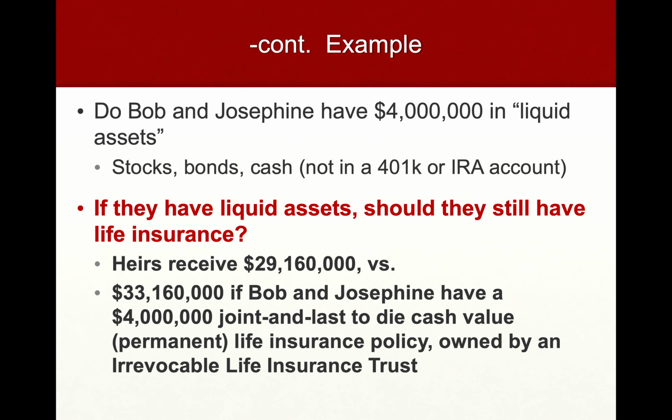Again, this just illustrates that if they have liquid assets, they may not want to get life insurance, but if they don't, they're likely to get what's called a joint and last to die policy. That keeps the insurance cost down if it only pays when both of them die. They're likely to put a lot of money into it, and they're going to hold that in something called an irrevocable life insurance trust. Now, that's one way of doing it. We're going to study irrevocable life insurance trusts in the last part of this course.